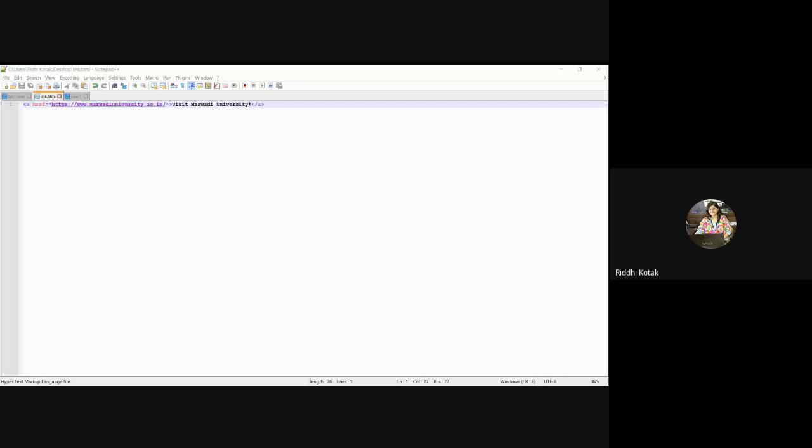Sometimes when you are using online applications, you click on a page and you are redirected to another application. The same way you can do this using the href hyperlink. So you have to provide the reference where you want to go or where you want to redirect the page.